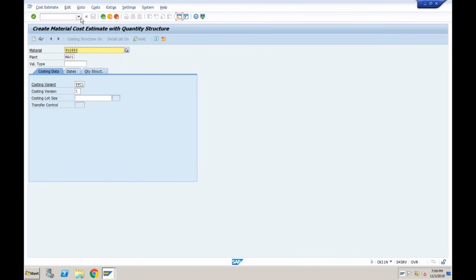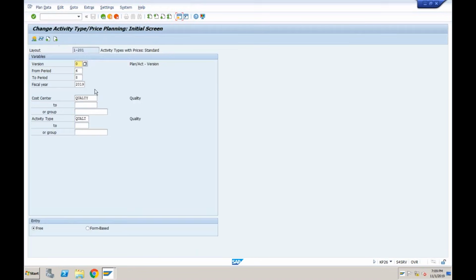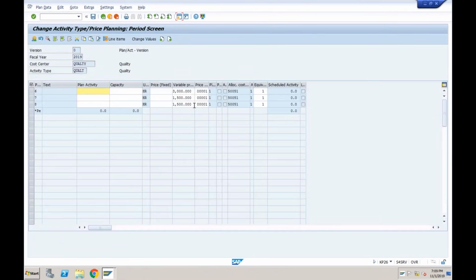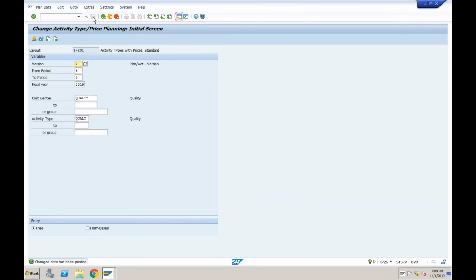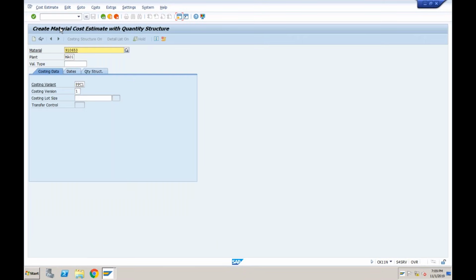Let me show you. So if I go to KP26, okay, so as of now, quality rate is available for the 8th period. But if I remove this price, now how will the system know what is the cost of the quality activity? System knows that we need to perform 30 minutes of quality activity, but if there is no rate available, then system will throw error. So if you go to CK11N, okay, and try to execute the cost of the product,